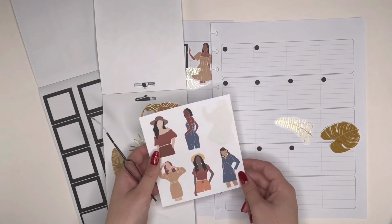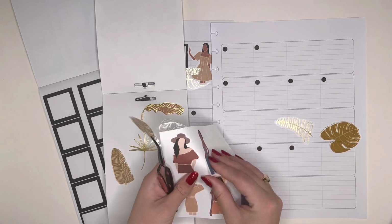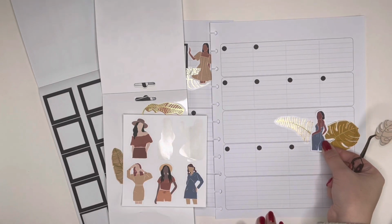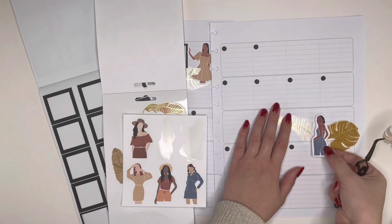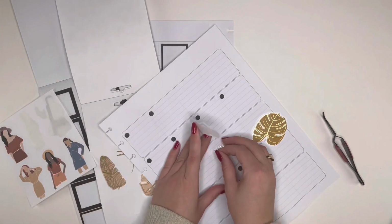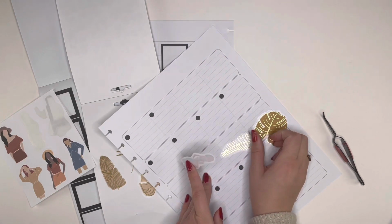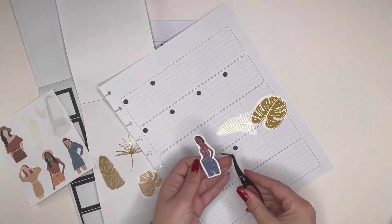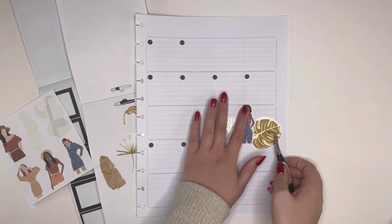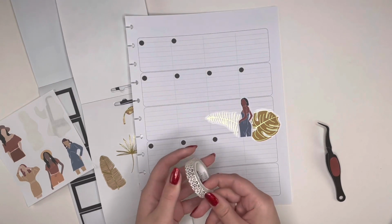So we've got all of these girls. Trying to decide who I want. For some visual interest, I'll do the one that's facing the other way. So I'm kind of wanting her to go right here. And I think for that to happen, I also need the leaves to go a little bit closer to each other so that there's not a gap in between them and the girl sticker once I get her placed on the page. So I don't care if they look weird when they're intersecting right there, because they will get covered up when I place her right here, and then I can define the edge of that cluster using a strip of washi tape